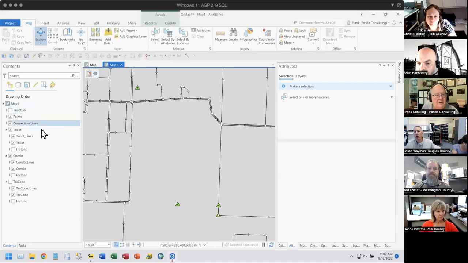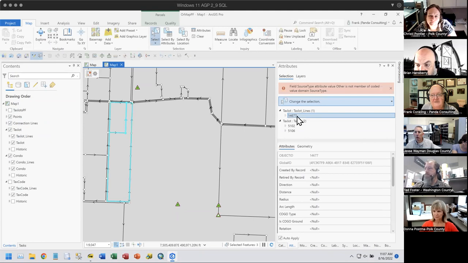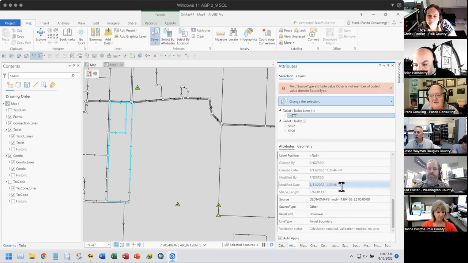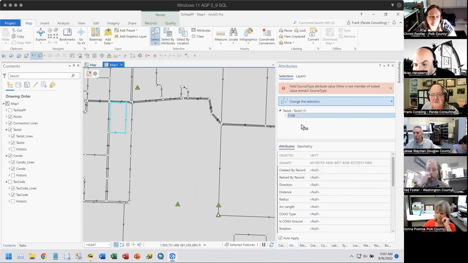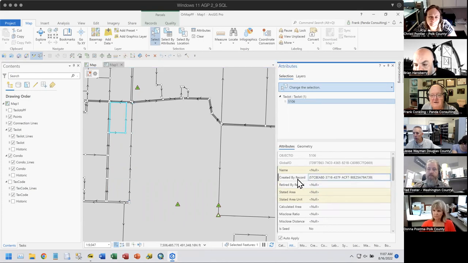Okay. So let me start editing, and let's assume that I have a line here, and this line has a relationship to a record on here. Remember, well, in this case it doesn't. Let's go here and look at here. Okay, and here we do have a created by record. Literally, the only thing you need to do in order to remove a feature from its relationship to that record is select that feature and clean out